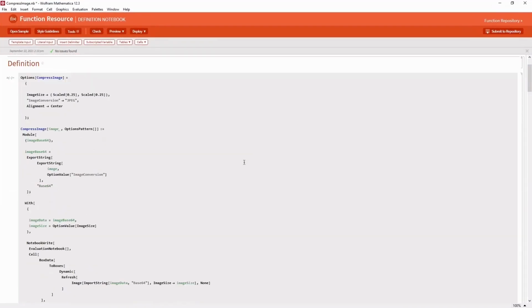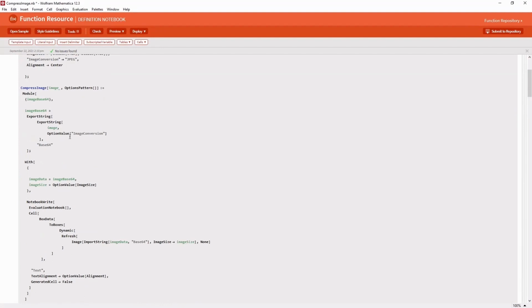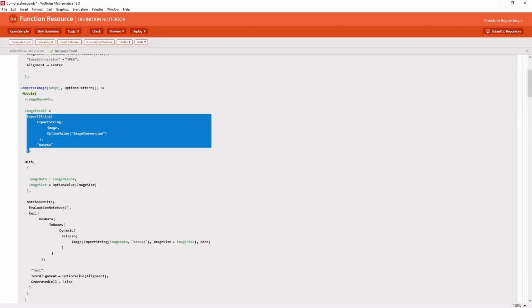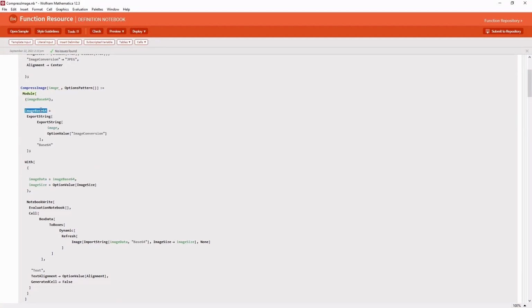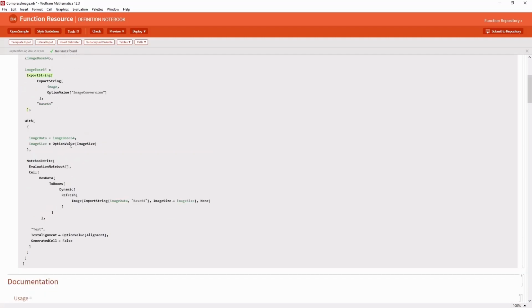Here is the resource function CompressImage. It takes the image as an input and exports the compressed string. You can see that it has exported an image string, and whenever the notebook is opened, only then it decodes that string and shows it in the front end. Here you can see that it is importing my string and converting it into an image, and we are using Dynamic here.